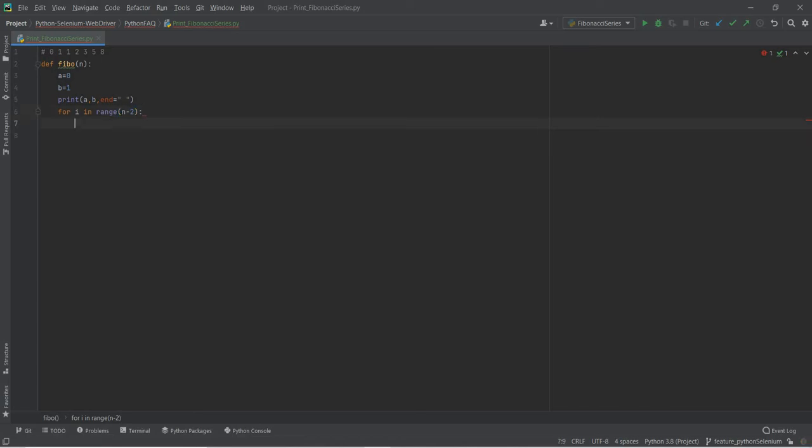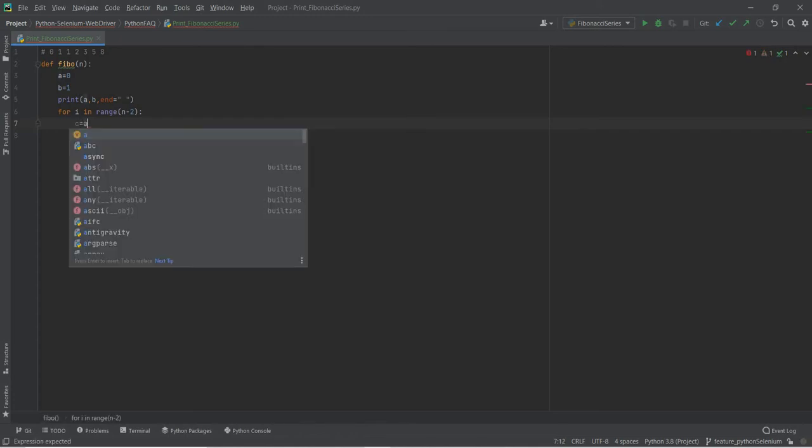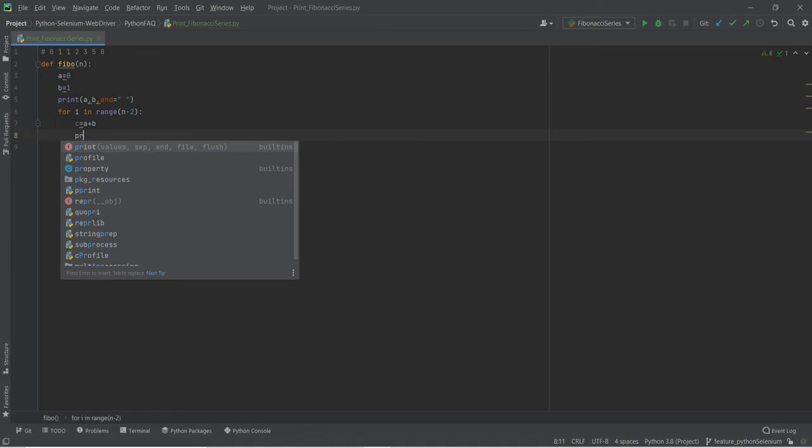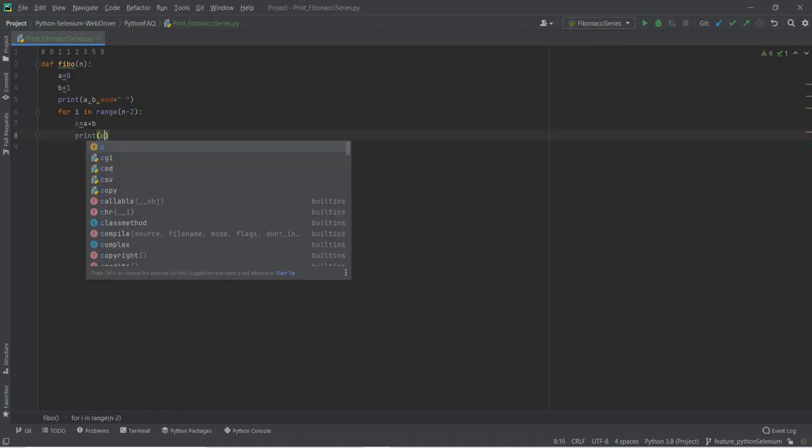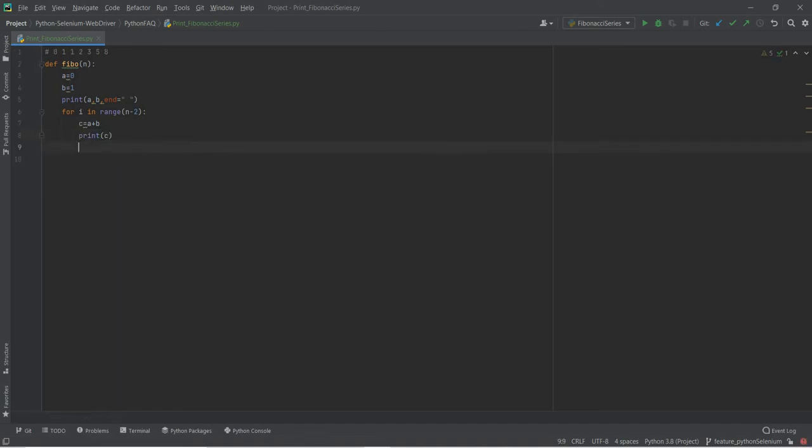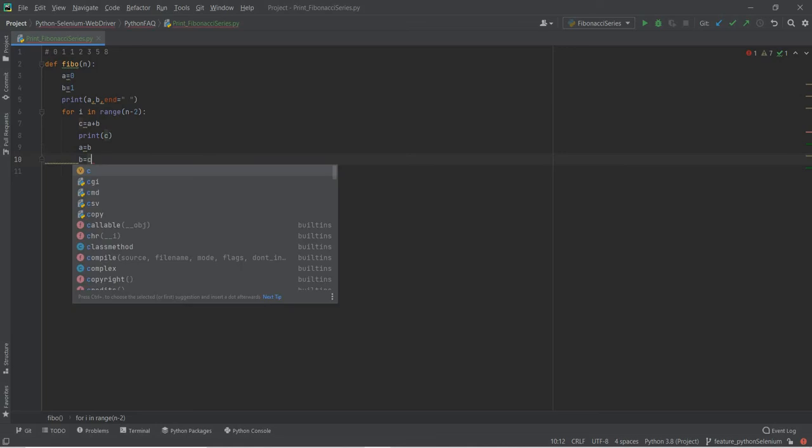Now, c equals a plus b, and again we'll print c. Then we'll exchange the values. How? a equals b, and b equals c.